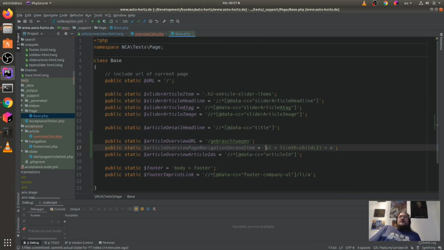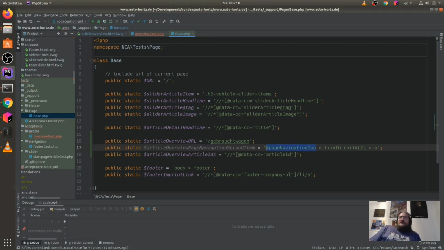Okay, we add also an ID here. It's UL and then I make an ID, but button ID is unique, so I just make here some page navigation top.